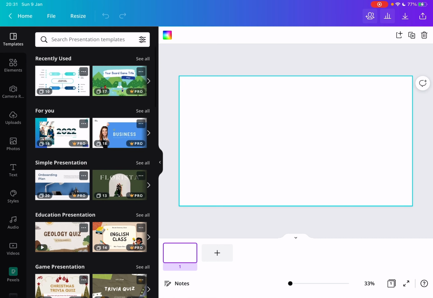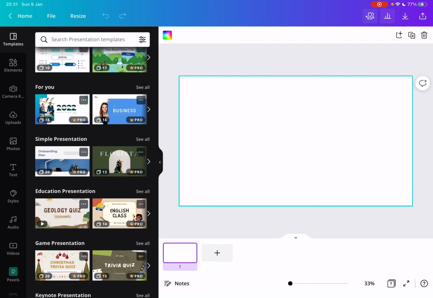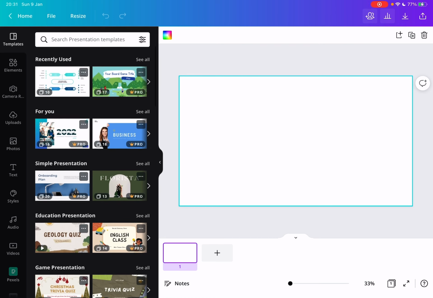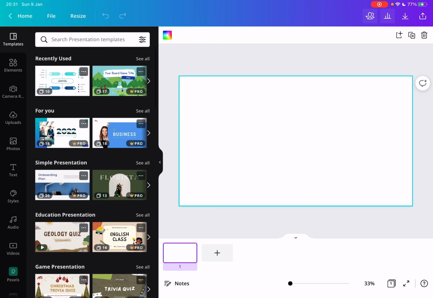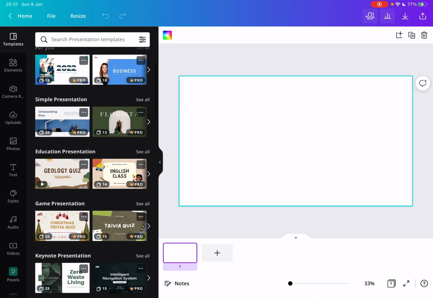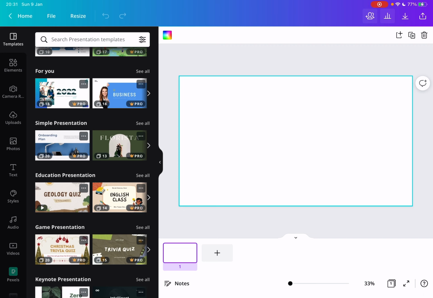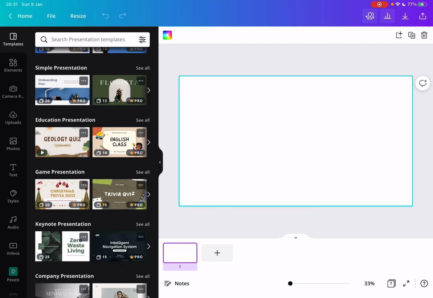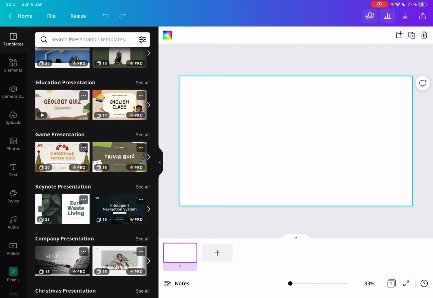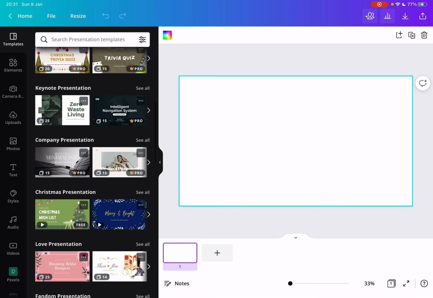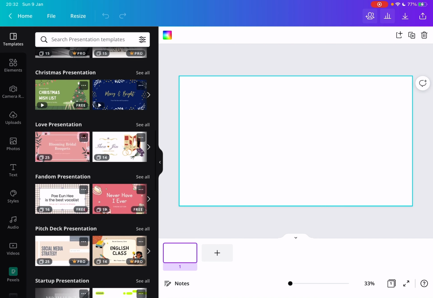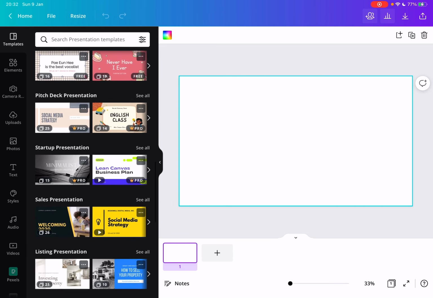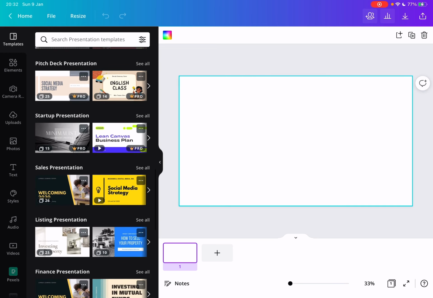Here they have different sections on the left side, so you can choose the one that fits your presentation. They have a recently used tab, which shows the presentations that you've already used. There are For You presentations, simple presentations, education presentations if you are a teacher or you want to create a presentation for kids, game presentations, keynote presentations, company presentations, Christmas presentations, love, fandom, pitch deck presentations, startup presentations, sales,